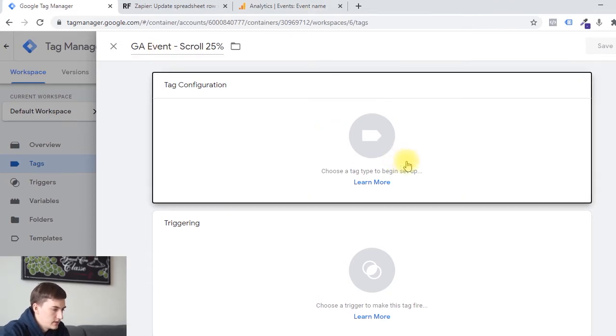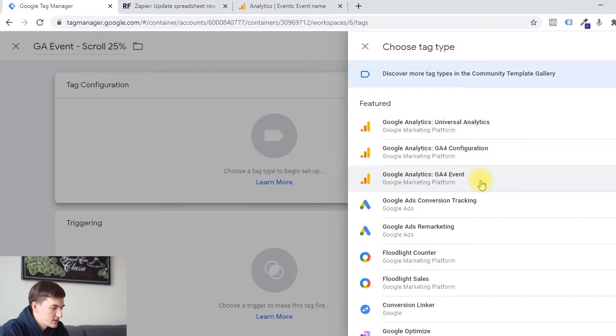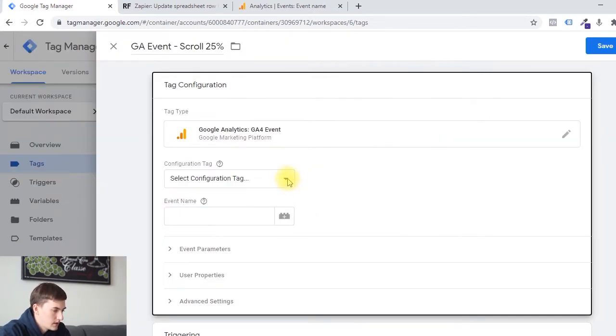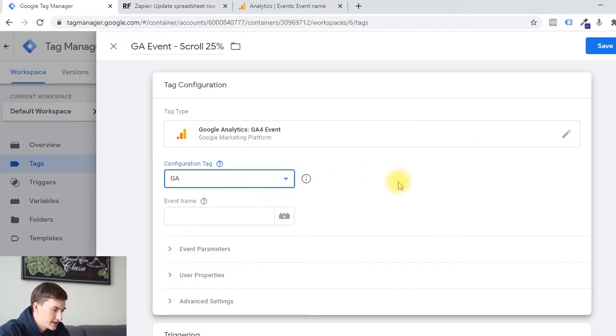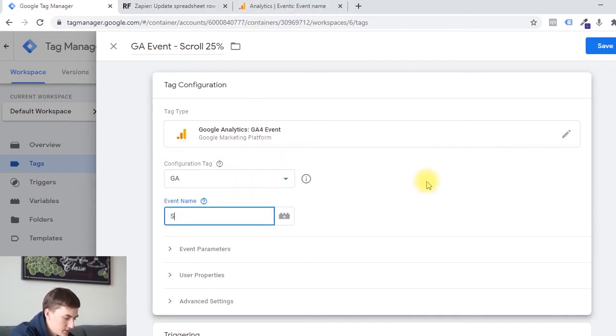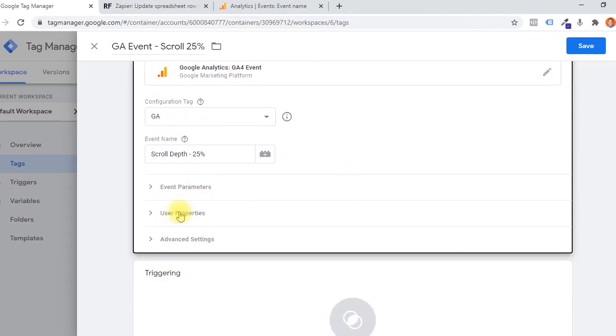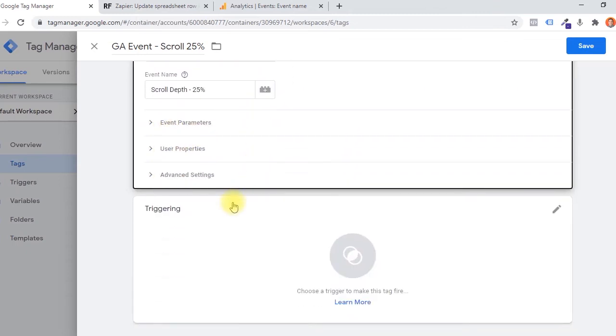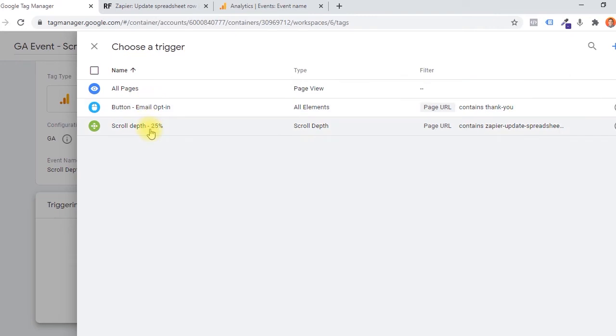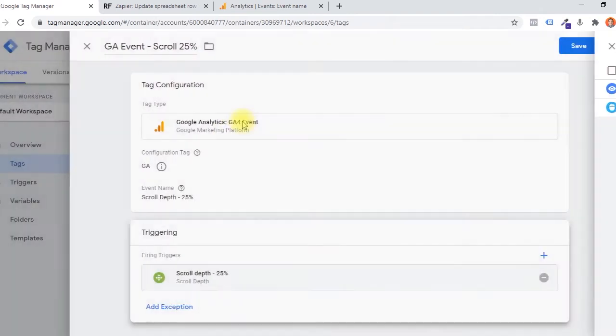Click on tag configuration, and I've got Google Analytics 4 installed on my site, so I'm going to select Analytics GA4 event. Under configuration tag, I'm going to select GA. That's the analytics property that I've installed, my own analytics account. And then event name. This is what's going to show up inside your analytics account. In this case, I'm just going to name it scroll depth and then 25%. And I'm just going to leave all of these settings as the default. We're going to go into triggering and then select the trigger that we just set up, this one here, and